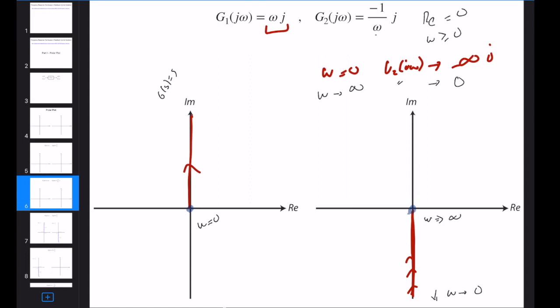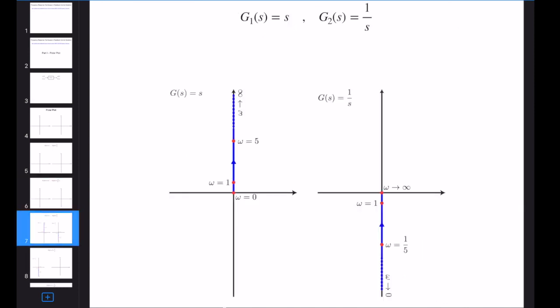So they look similar, as you can see, but they are categorically different. One is a differentiator, the other one is an integrator. One is a high-pass filter, the other one is a low-pass filter. And this is technically covered in this polar plot structure. If you look at the illustrated drawing, we can see that the structure is very similar, and it's nice. If you remember, I post every figure and every detail in my lecture notes. This is more of a guidance. You can always look at my lecture notes.